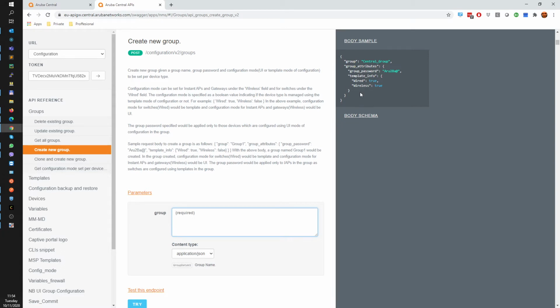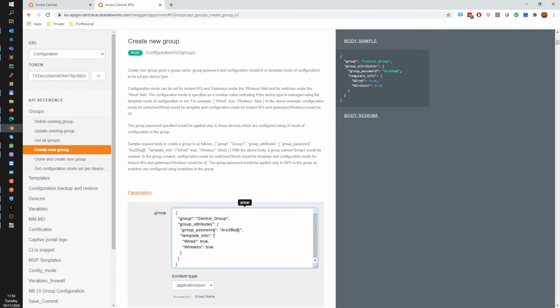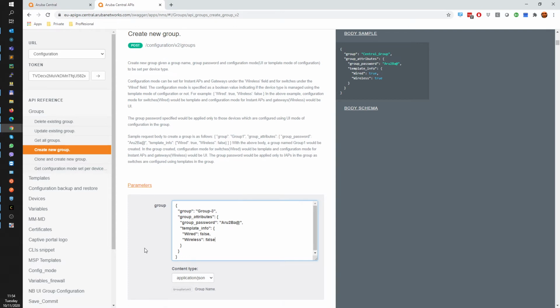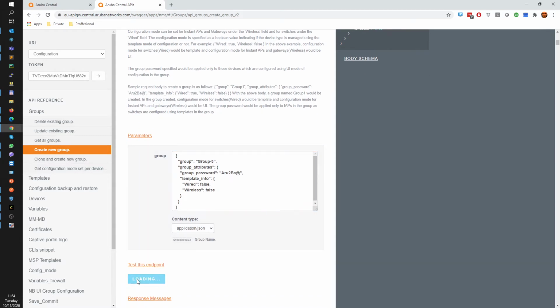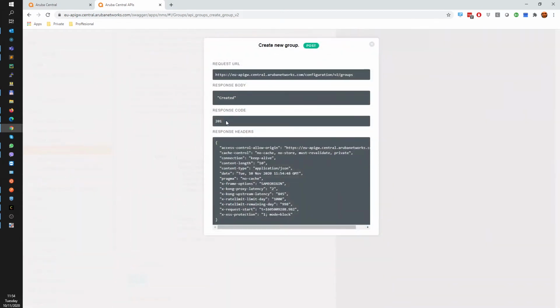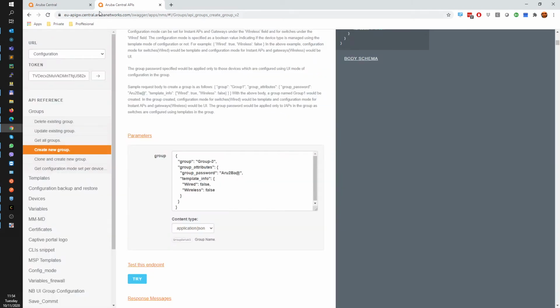So if we just click on here, this will get populated here, and we can name it group 3, and let's not make it a template group, and make this false, and also this false. And now we can try this, and as you can see, we get a 201 response, which is good, and the group has been created.